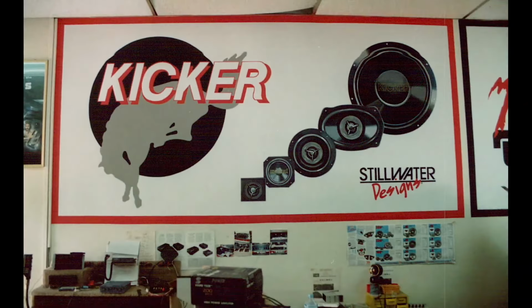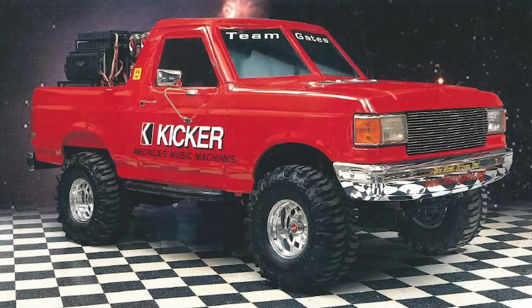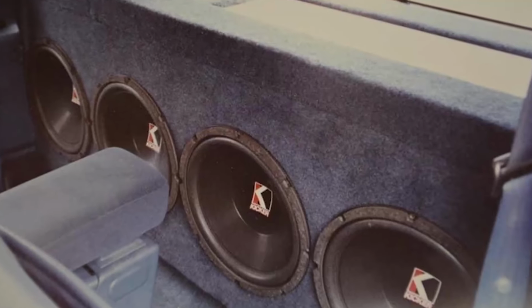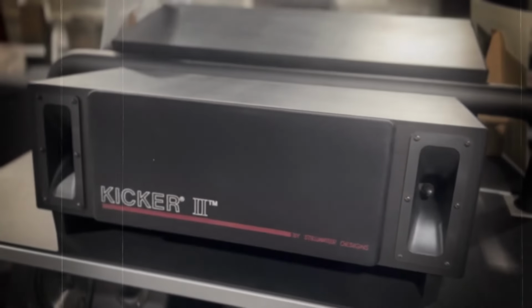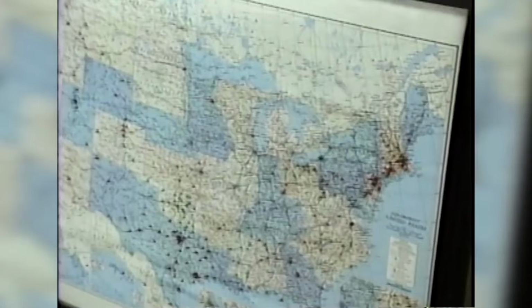Of course, the first customers for the Kicker box were the truck crowd, because the box was made to fit right behind the seat and blast that bass right up your spine. But it wasn't long before the car crowd started asking for a special box as well, and that resulted in the Kicker 2. But there was something else going on in the car audio world that was outside the box,